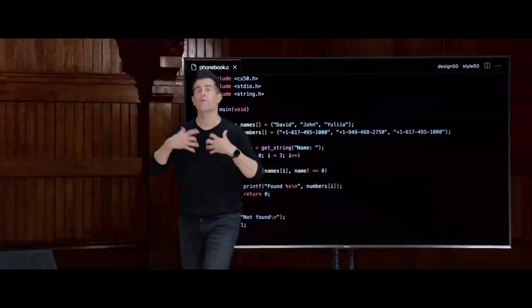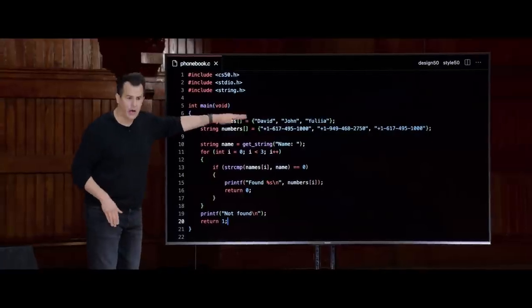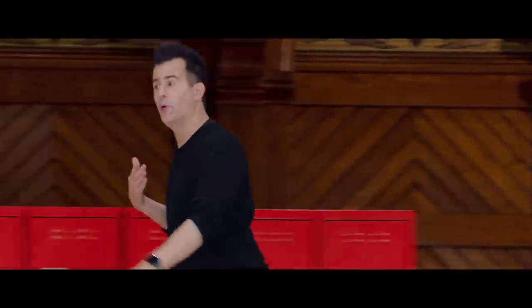And that just strikes me as very fragile, so to speak, right? It's just too easy for me or a colleague to screw up this code by forgetting that sort of lower level detail. We're just trusting that names and numbers do stay aligned, and they have the exact same number of people in them and the exact same number of numbers in them as well.